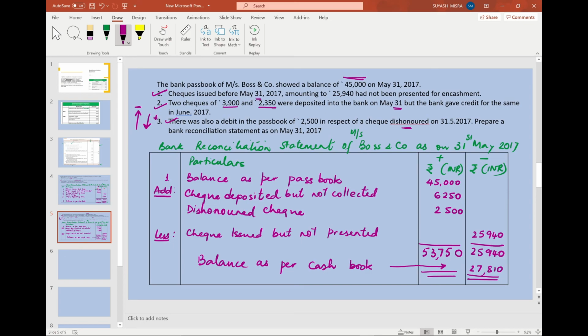You have derived it. So when they tally, these two will tally, and then this will show that there is no error and no fraud in any of the books, the bank book or the cash book. With this, I complete my part 2, and in the next class I'll be taking the topic of how to make entries, how to reconcile the statement when there is overdraft balance.